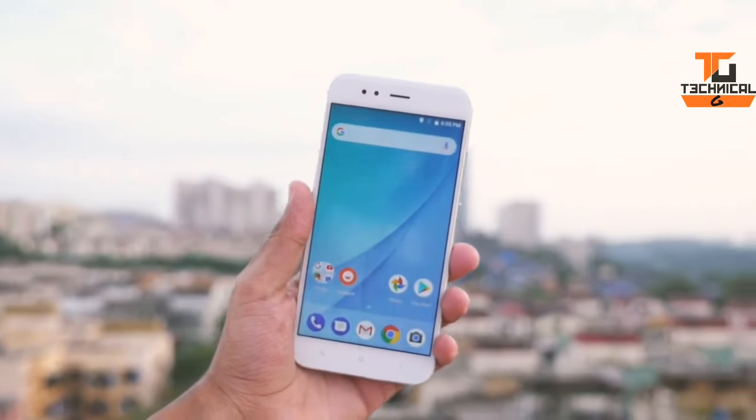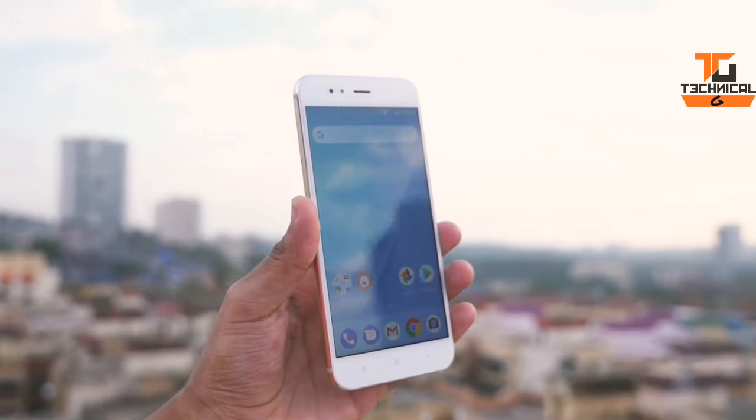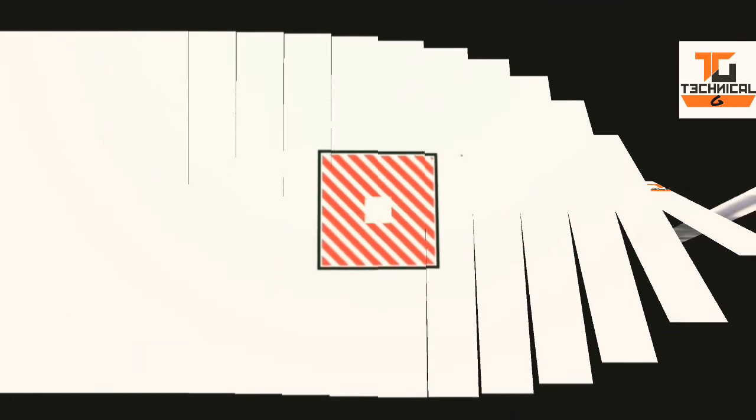I'm going to show how to unlock the bootloader on Xiaomi Mi 11, plus how to flash TWRP recovery and how to root the device. Without wasting any more time,